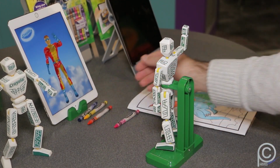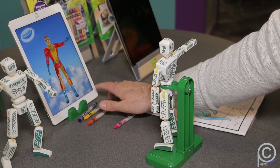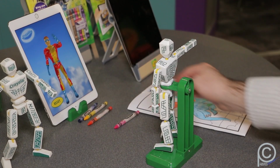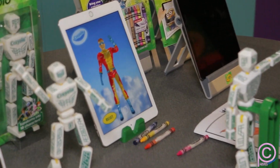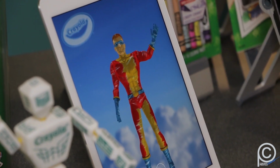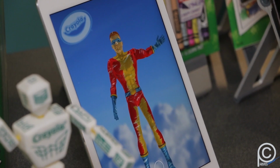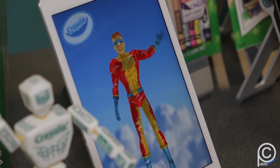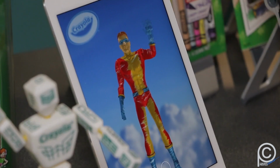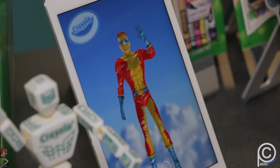Now at that point, our smooth action technology takes over, and we get full animation with just a few poses. Now, typically with traditional stop motion, that would have taken 20 to 30 captures in order to create that smooth animation. With our smooth action technology, it literally is just a few poses to create full animation. And then you can just go crazy with the patterns and the shading and make this guy look however you want. Absolutely. So once you get the character animated, you're able to then design your own background and upload that